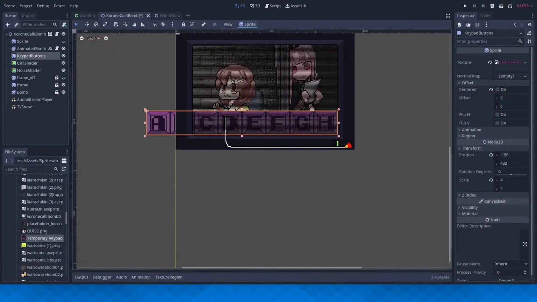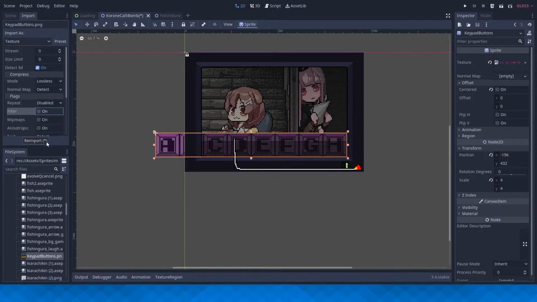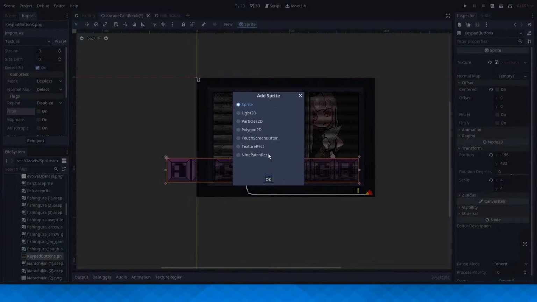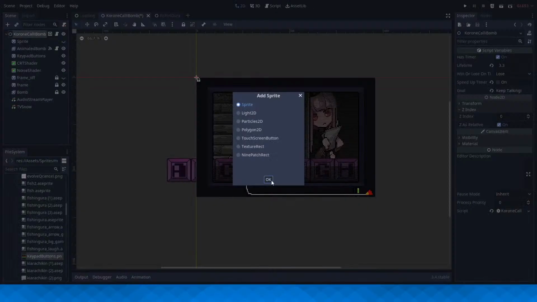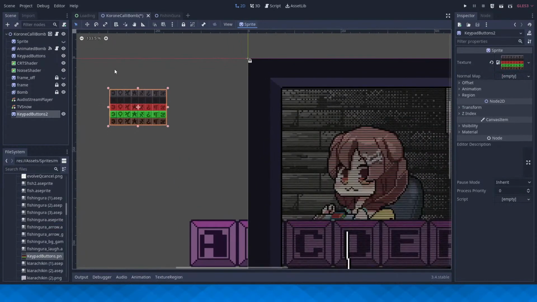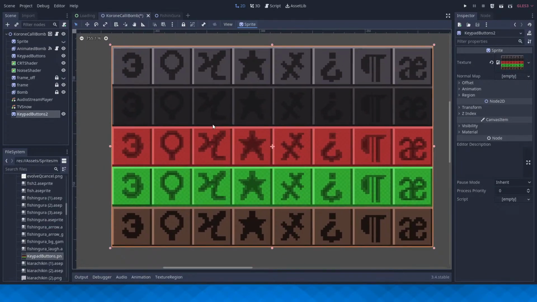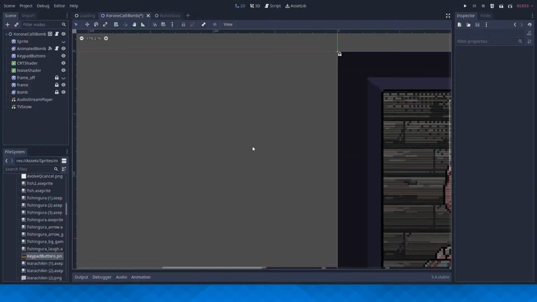Right, well, back in the engine. I need to import these. Re-import these without filtering, so... what? It doesn't think I'm holding Alt, Shift, or Control or something. Yeah, it did. Well, whatever. So cool. I now have these. Well, we have the separate buttons. I should probably import those as a sprite sheet or something. Some kind of sprite sheet.